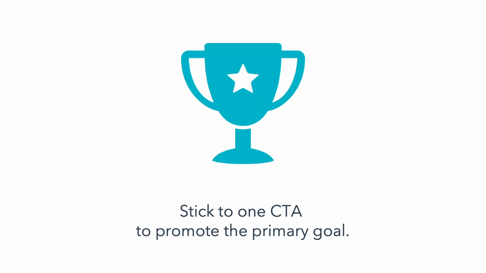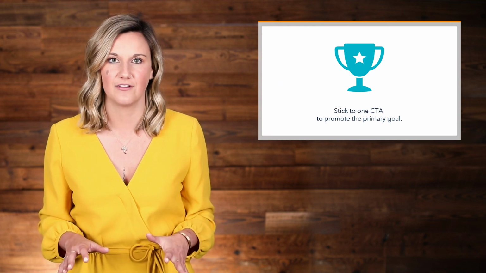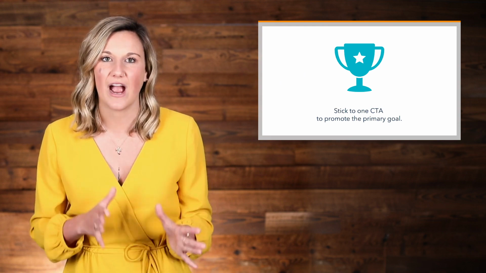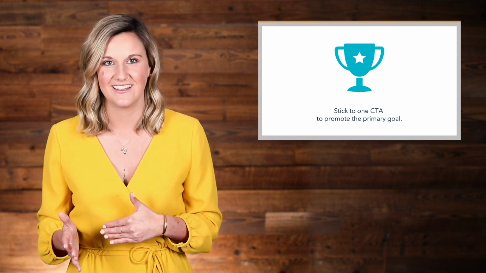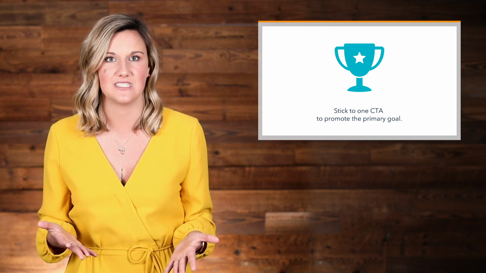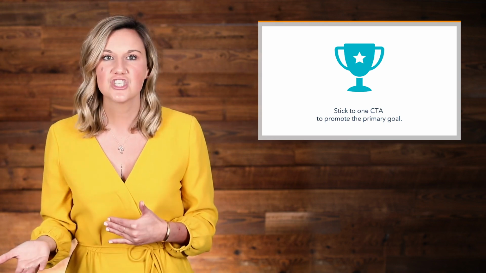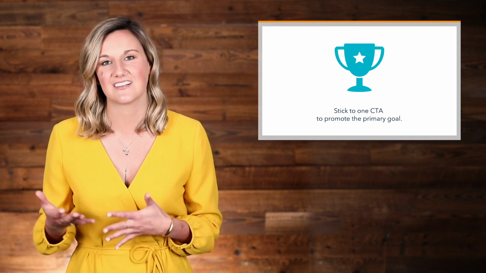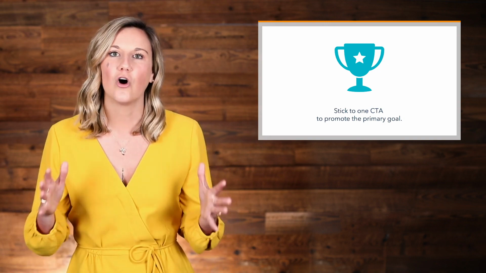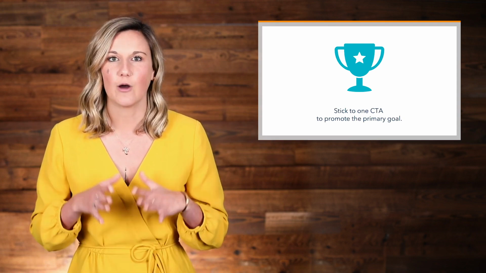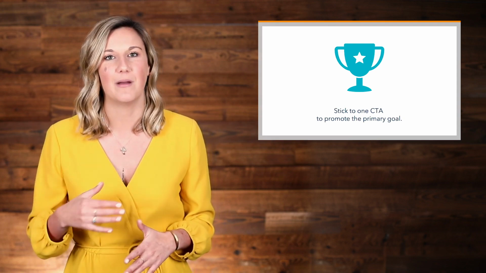You want to stick to one CTA to promote the primary goal. I can't stress this enough. You have one goal for your email, and your CTA should drive the reader towards that goal. Now, this doesn't mean you can't turn multiple components of your email into a CTA. You can link images to your offer, hyperlink appropriate copy, or edit the alt text of your images. But all these links should guide your reader toward one desired action that will provide value to them and benefit